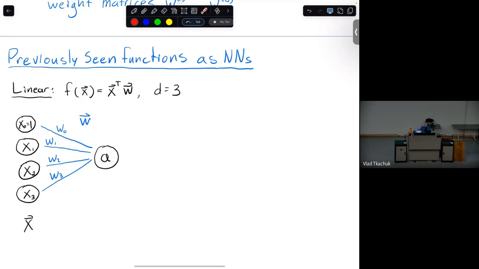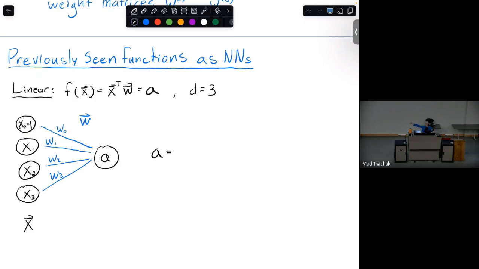Okay. So now we look at previously seen functions, and we think of them as neural networks. That's how we're going to build up our intuition. Linear functions, the first ones we started with, were functions that just look like this dot product, feature vector times weight vector. It turns out this is a neural network of a certain type. In particular, this is what the neural network would look like. It has this input x, the feature vector. And then it has this output, the thing on the right. And you can see there are none of these layers in the middle in this case. What you would write is that this A thing, since as I've defined this neural network, the output of the neural network is A.